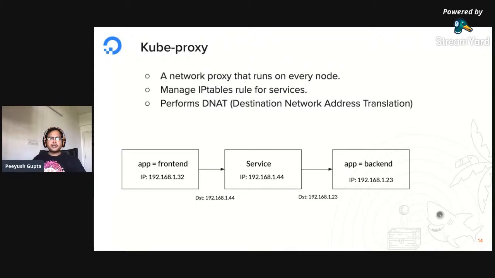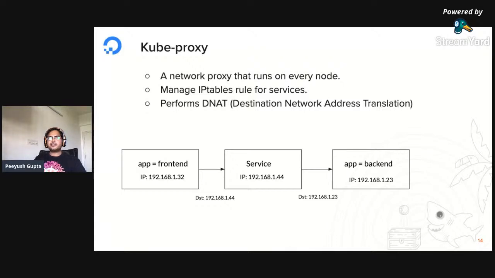So kube-proxy performs basically something known as DNAT. That's a destination network address translation, right? If you see in the diagram below, I start a network packet from app equals front end. For now, it only knows that there's a service that's going to serve me the backend application.